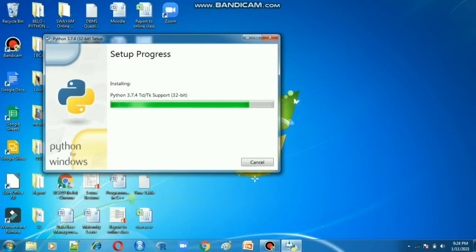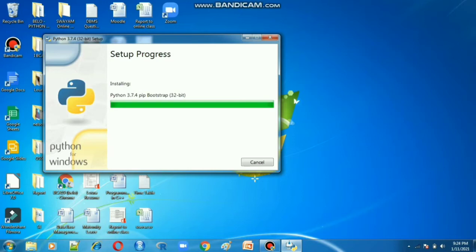This installation will take some minutes to install, so you have to wait. A message will come saying Python was successfully installed. After that only, we are going to open Python interactive mode and script mode and execute Python code.